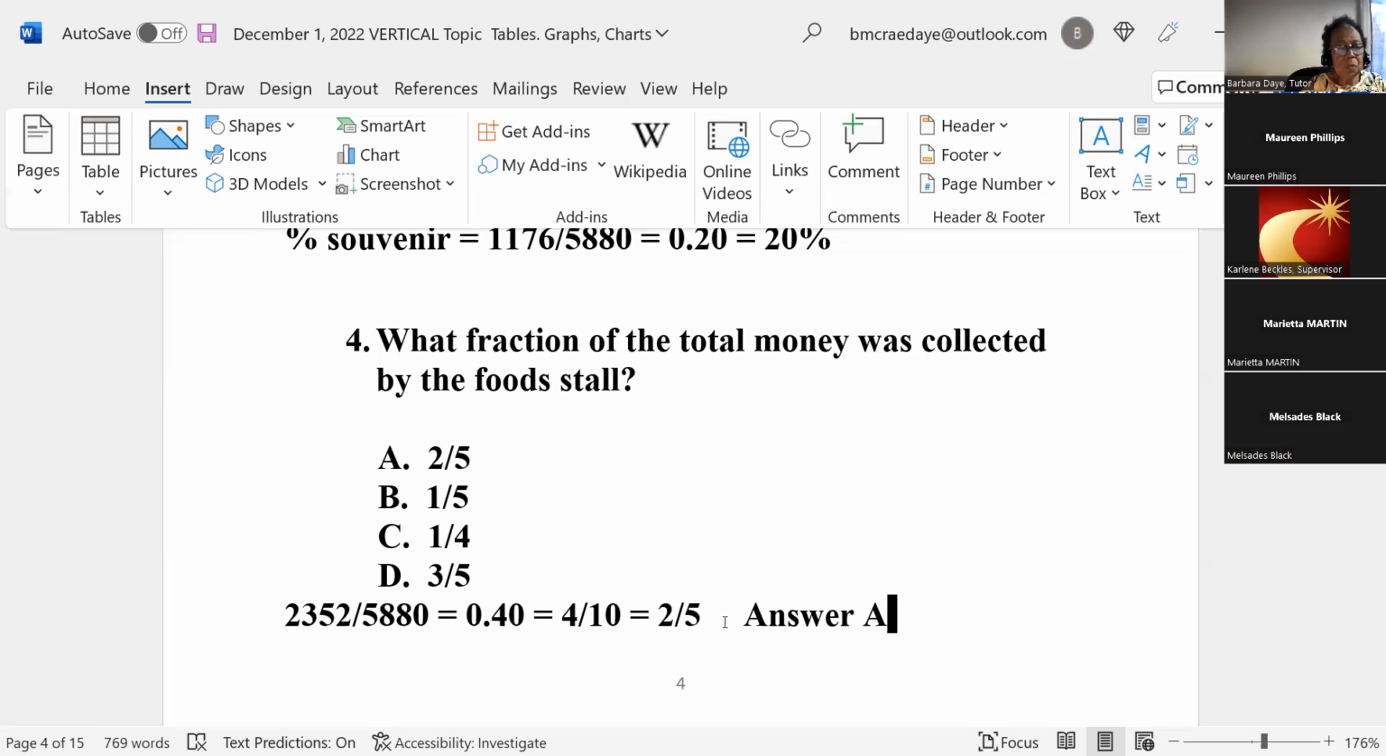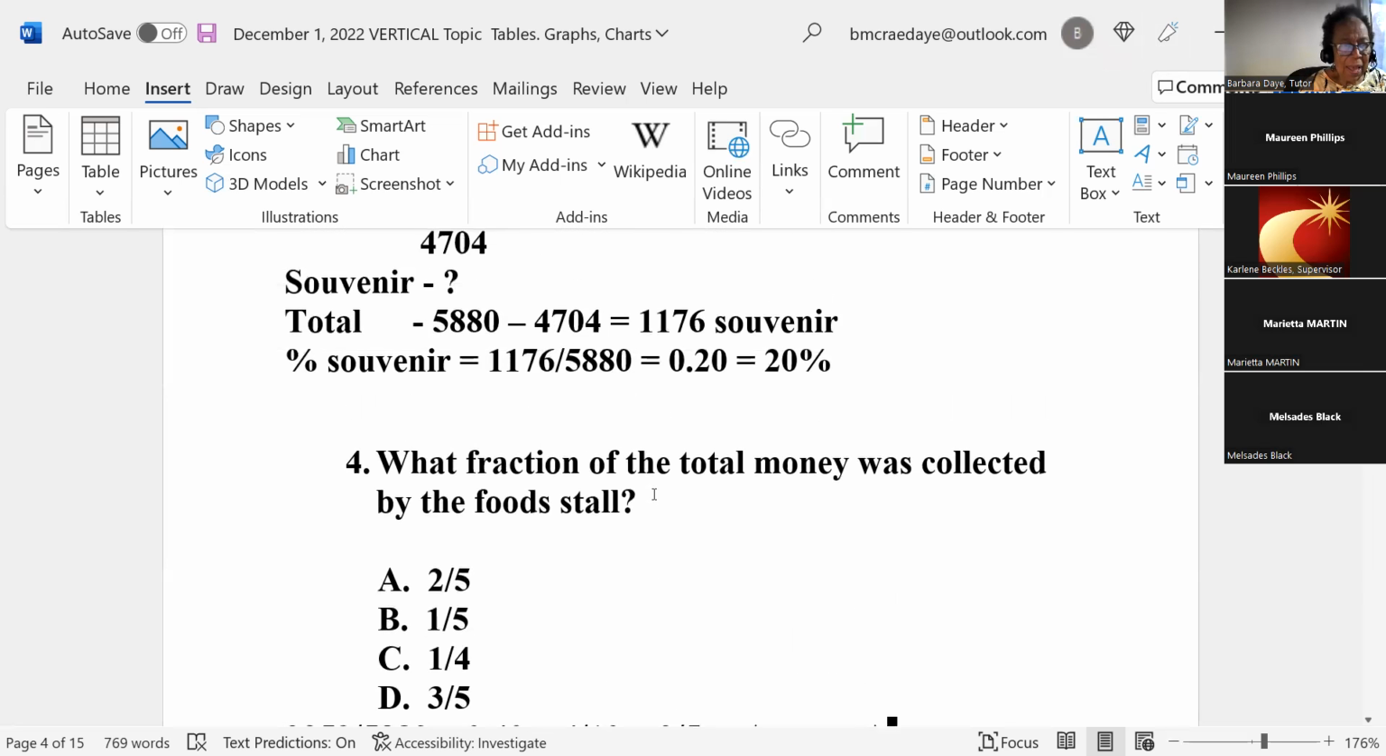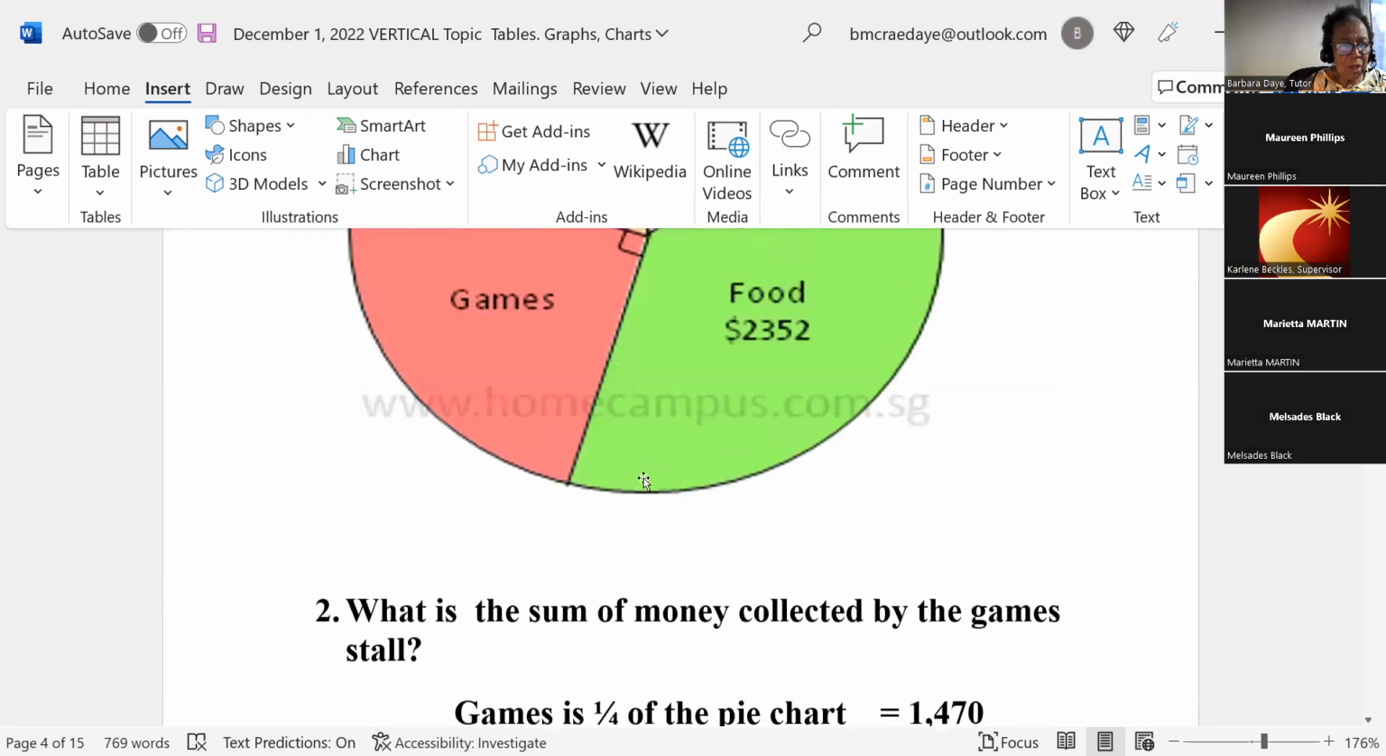I tell you, I made the whole thing. I did the wrong answer. I put the wrong answer. Maria and I went to it, so she probably missed it wrong because I did it too. Okay, but Marietta, you understood that from the pie chart, you took the food